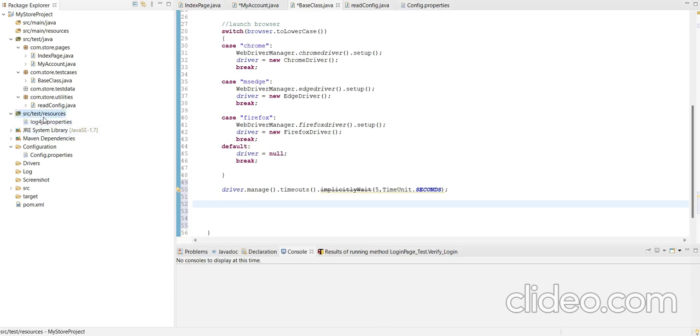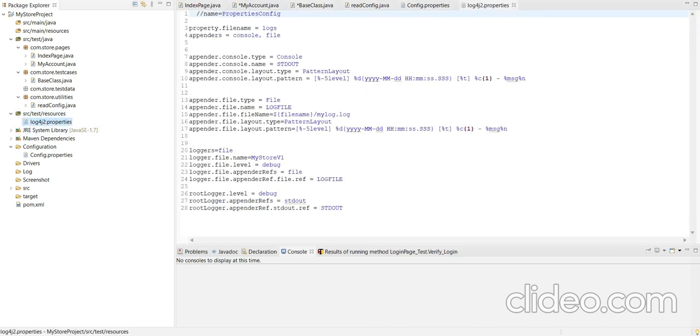In the log4j2 properties, first we will know the information about the appender. Here we created the appender. Appender means from where we have to write the log. Here we created two appenders. One is for console and one is for file. Means one log will be generated for the console and one log will be generated for the file.